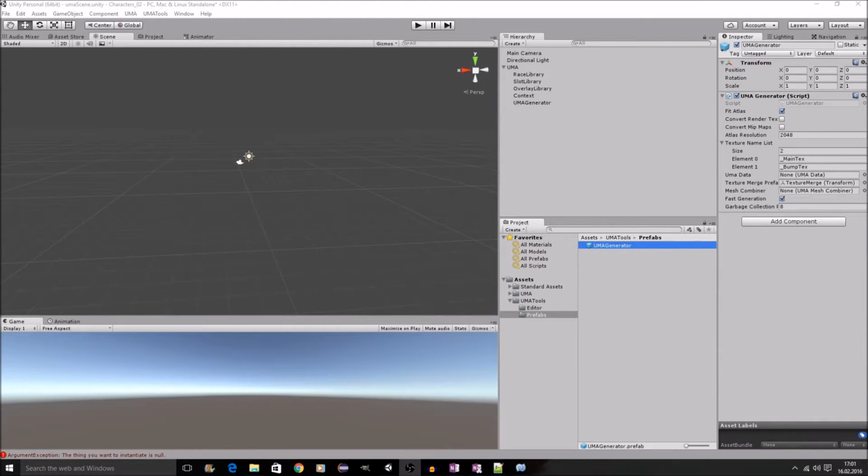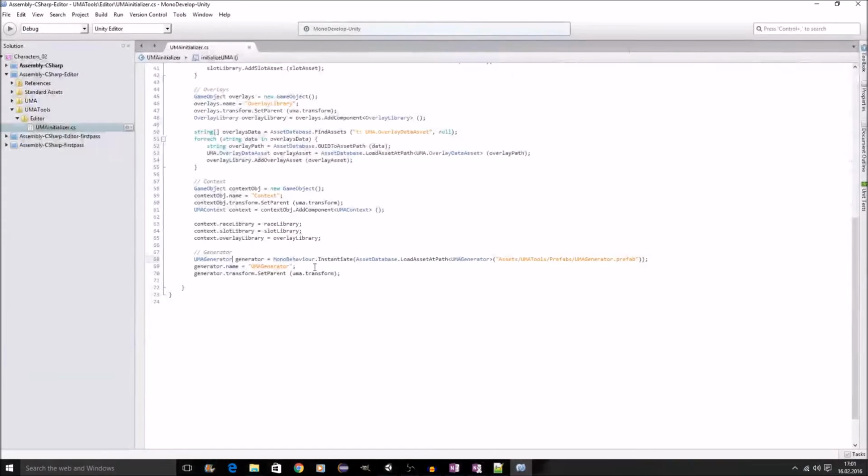So we were looking at the mesh combiner, and in the example, what we looked at the beginning, in the example scene, the mesh combiner was actually on a separate object, but we can just add it straight into this slot. So in MonoDevelop, we can just create it or instantiate it, UMA default mesh combiner,